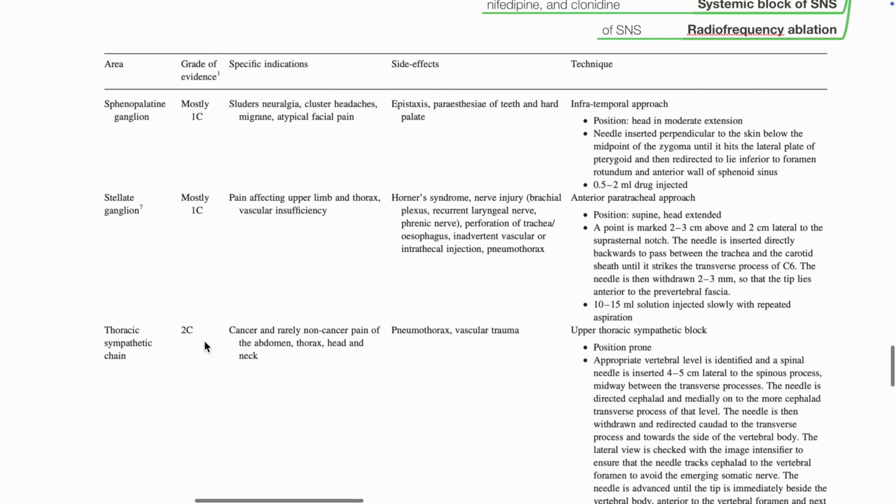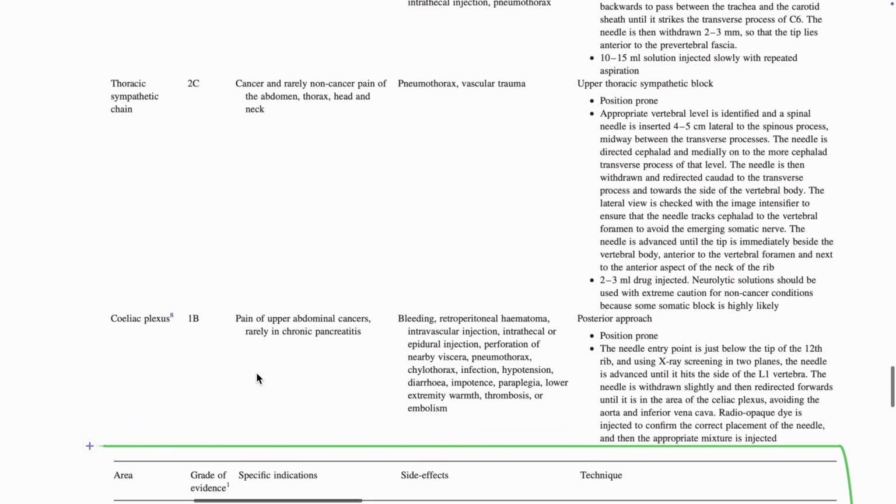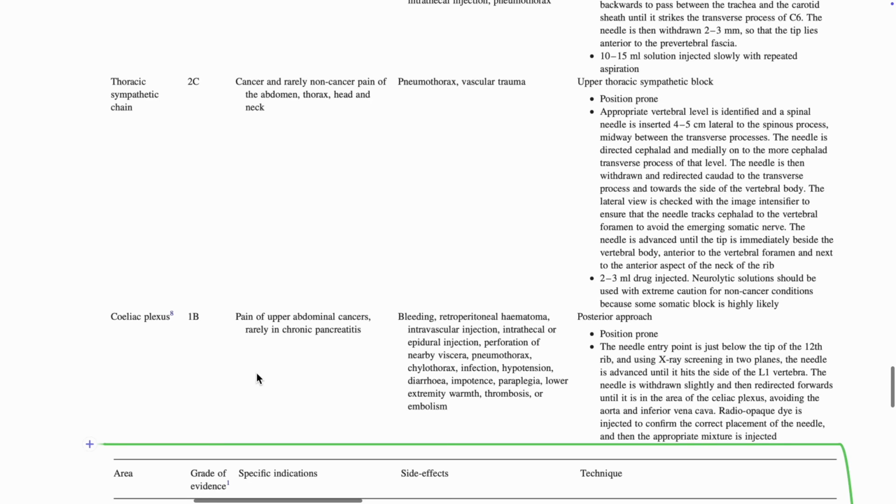Thoracic sympathetic chain block. Indications include cancer and rarely non-cancer pain of abdomen, thorax, head, and neck. Side effects include pneumothorax and vascular trauma. Coeliac plexus block. Indications include pain of upper abdominal cancers and rarely in chronic pancreatitis. Side effects include bleeding, retroperitoneal hematoma, intravascular injection, intrathecal or epidural injection, perforation of nearby viscera, pneumothorax, chylothorax, infection, hypotension, diarrhea, impotence, paraplegia, lower extremity warmth,